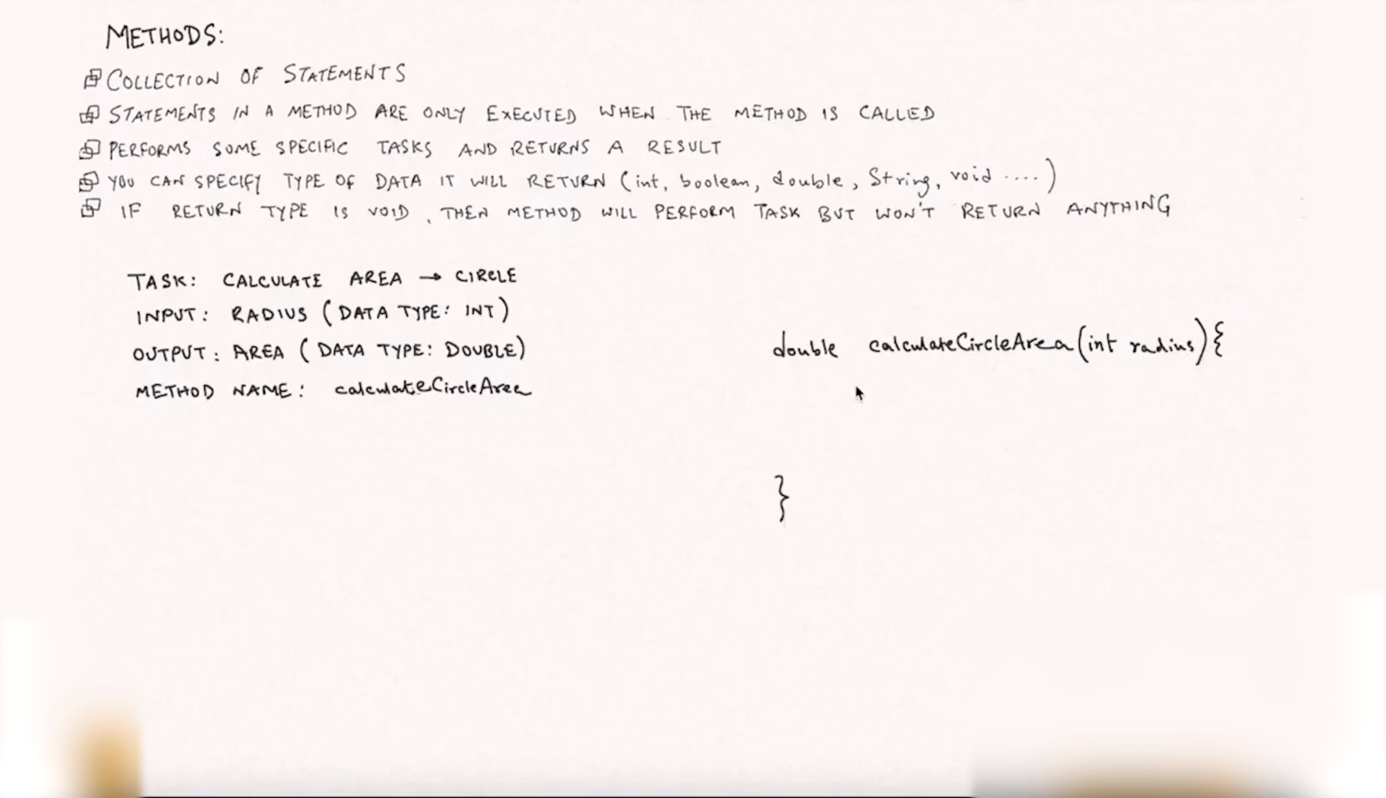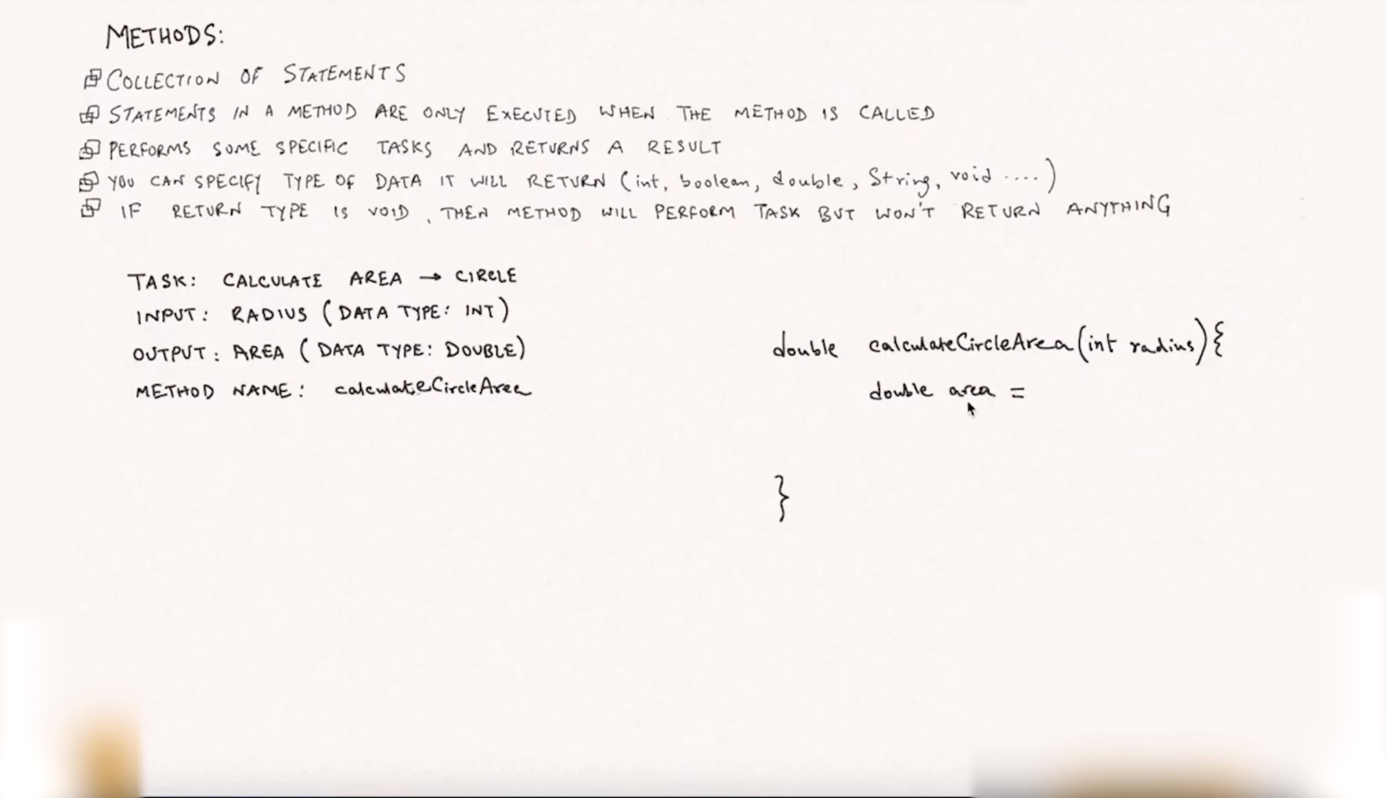Great. So inside, what would happen? We will calculate the area of the circle, right? So we want to store that area in some variable. Of course, that area would be double data type, so the variable that we want to store that result in should also be double. So we'll define a double type variable, let's say area. So area would be our variable, and double area would be